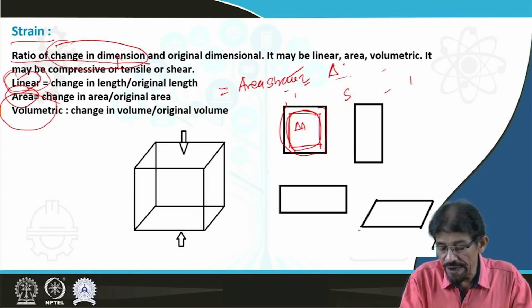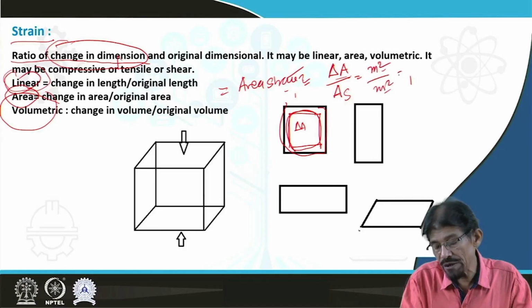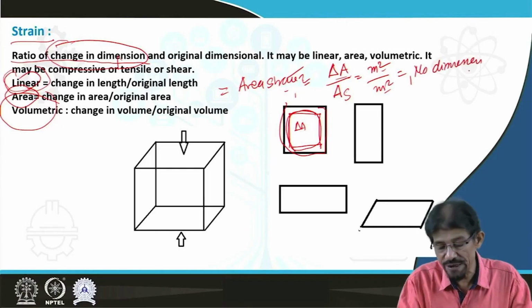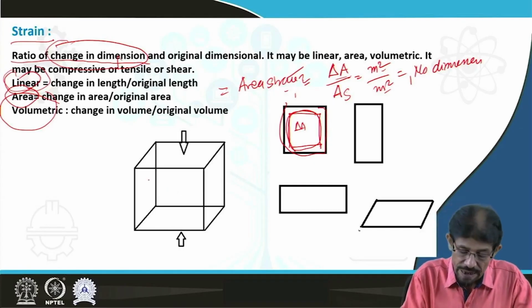Change in area divided by original area: meter square by meter square, no dimension, dimensionless. Similarly, volumetric, in this case, if there is a change in volume,